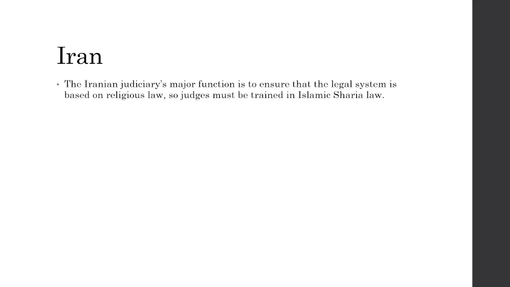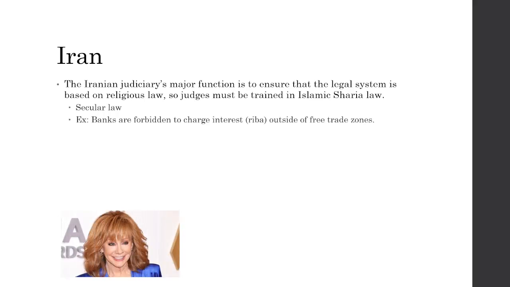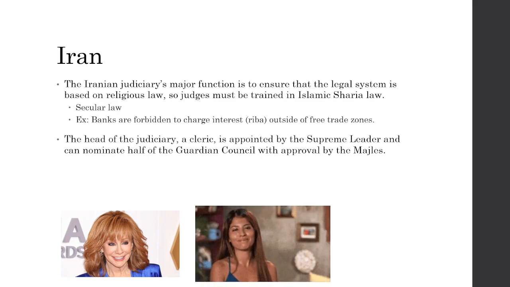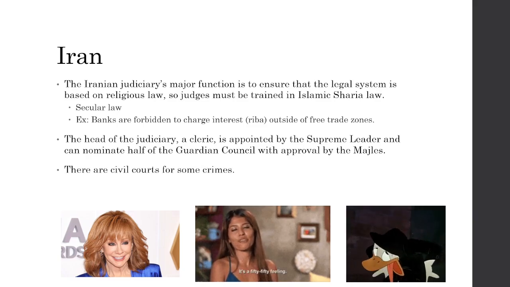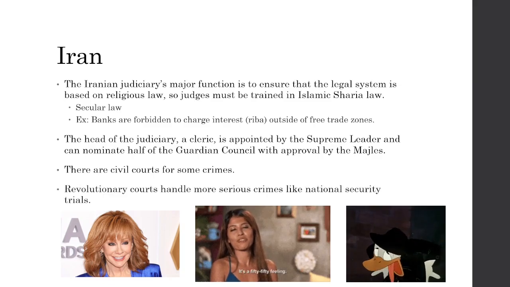All right, let's talk about Iran. So the Iranian judiciary has a major function to ensure that the legal system follows the religious law and that judges are trained in Islamic Sharia law. This is considered secular law. So, for example, banks in Iran are forbidden to charge interest outside of free trade zones. This is called riba. The head of the judiciary is a cleric. They are appointed by the Supreme Leader, and they actually nominate half of the Guardian Council, but the majlis will approve of these nominations. There are also civil courts for some smaller crimes and revolutionary courts for more serious crimes,